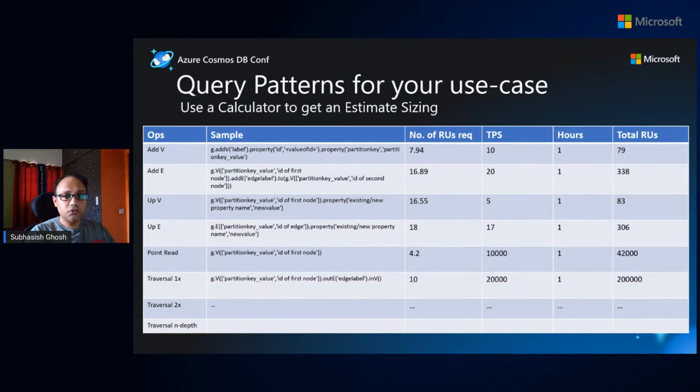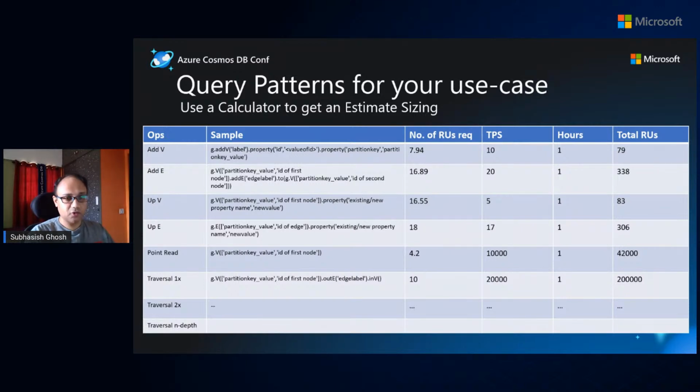Then you know the TPS for your use case. In real life you would check the TPS for on-peak versus off-peak periods, because you won't have 10 TPS throughout the day. You will have times with very low TPS, and peaks when it will be 10x or 5x the TPS. Then you combine the off-peak and on-peak TPS to come to a total RU. We did this very effectively for many customer use cases I worked on, and it was very close to what their sizing was eventually.